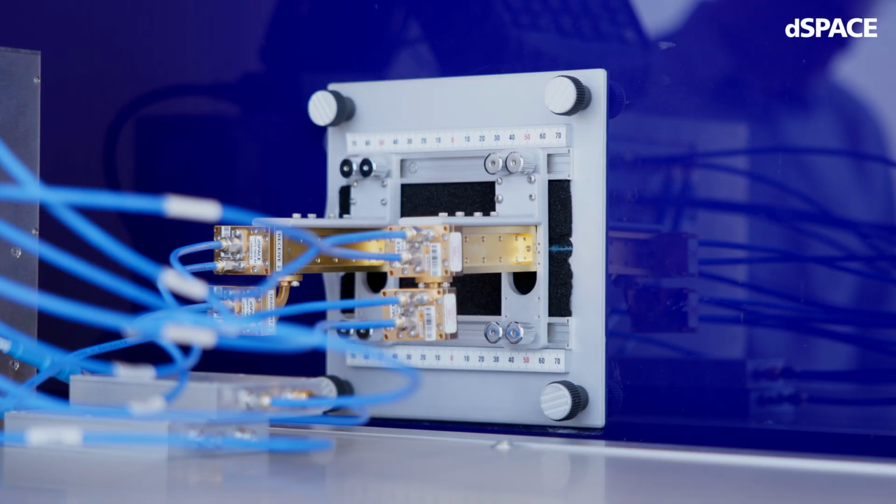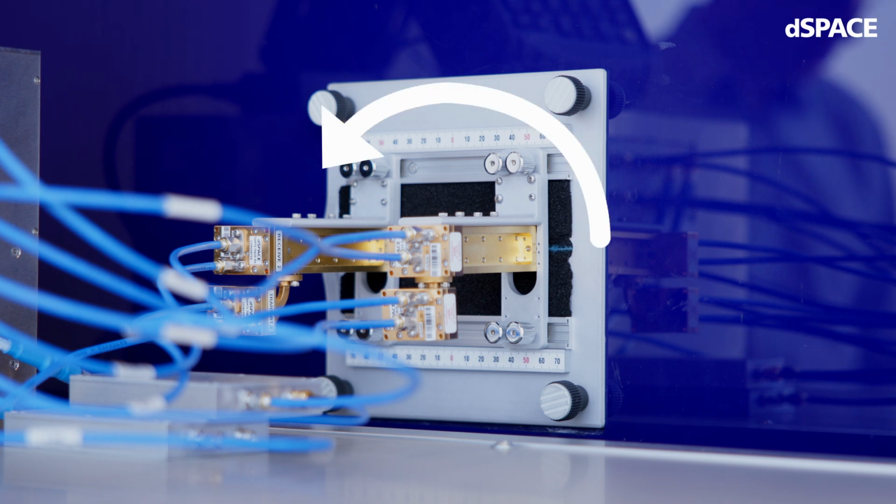Because the ball insert is a square, it is also possible to mount it rotated by 90 degrees to test the elevation separability. If you are interested in testing the separation capability of your radar or radar testing in general,